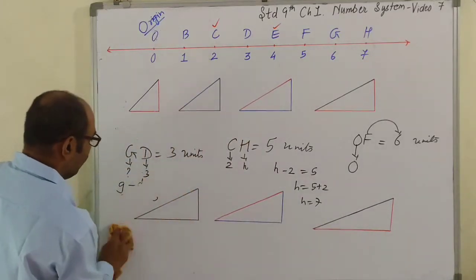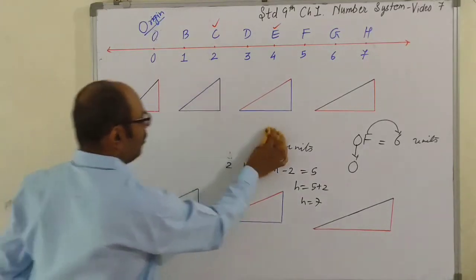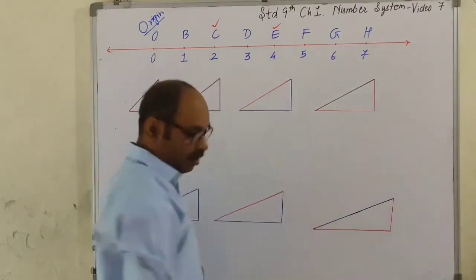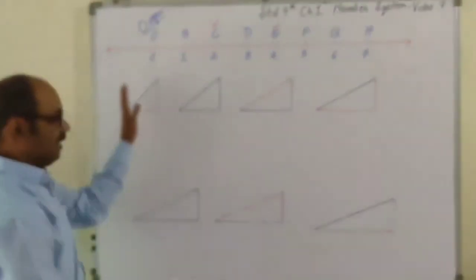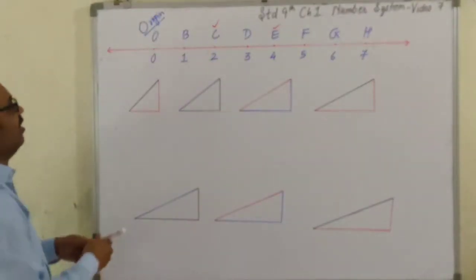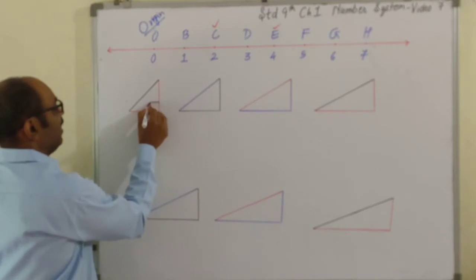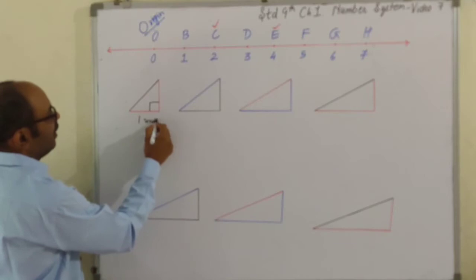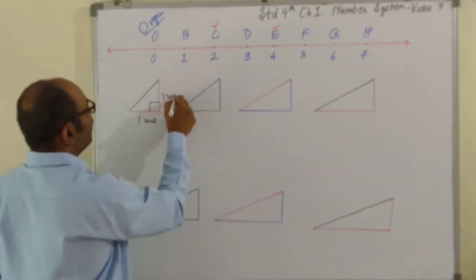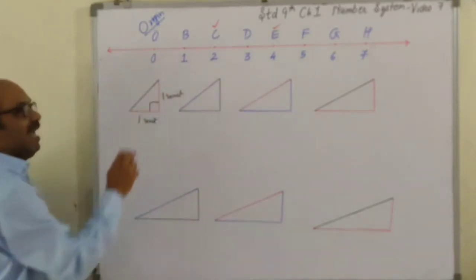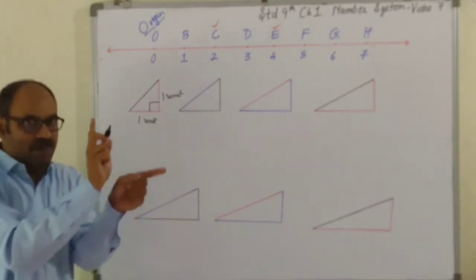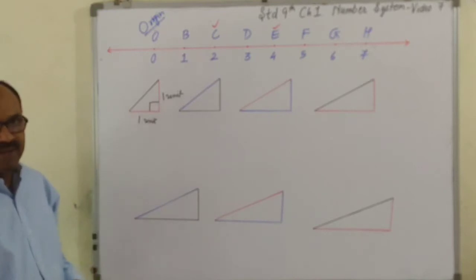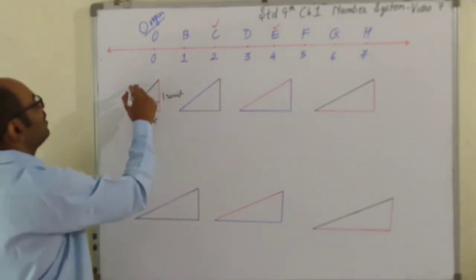Children, please be attentive. Pay attention now. Now, second observation. I have taken some right angle triangles, so it is very essential that you show the sign. Here I have taken 1 unit, and this is also 1 unit. The two sides which are perpendicular to each other, forming a right angle, are 1 unit and 1 unit. This is the hypotenuse.